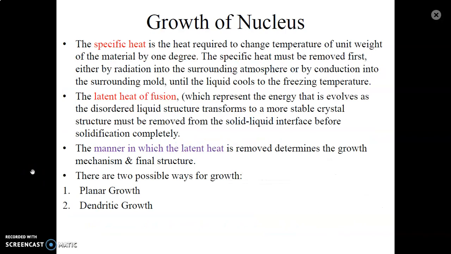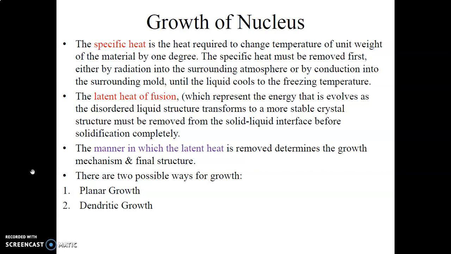Next, the specific heat is the heat required to change the temperature of the unit weight of material by 1 degree. The specific heat may be removed first either by radiation into the surrounding atmosphere or by conduction into the surrounding mold, until the liquid cools to the freezing temperature. Then the latent heat in respect to the casting, which represents the heat that is evolved